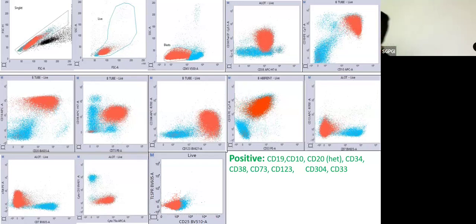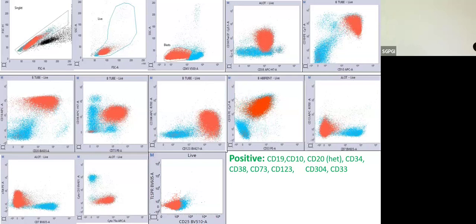CD20 over there and CD10 on this side. I think one slot is missing or what? No, fine. So this is CD20, this is CD10. So nice CD20, CD10, but CD20 is a little bit heterogeneous. What you can see, this green population over here are your normal B lymphocytes. They are bright CD20 positive, but negative for CD10. That's how your normal B cells should look. So you have this population positive for CD20, a little bit heterogeneous,